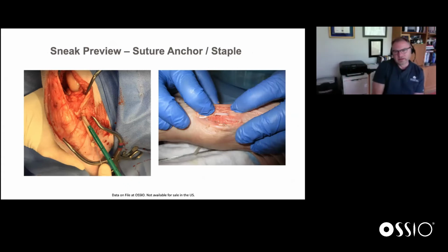So we're not going to be limited to just pins, nails, screws, even plates. They've already got some prototypes with soft tissue anchors, which make a lot of sense. Obviously, there's a lot of those that need to be used, and that makes a lot of sense for something to have a lot of strength for a good period of time and then incorporate into bone. And then even staples. We trialed some prototypes of this when we were at ACFAS a couple months ago,